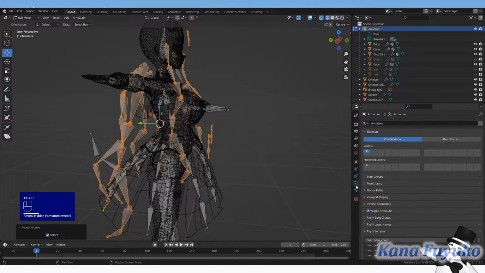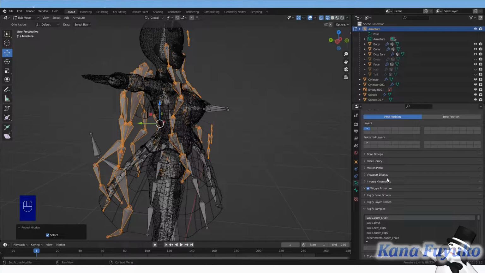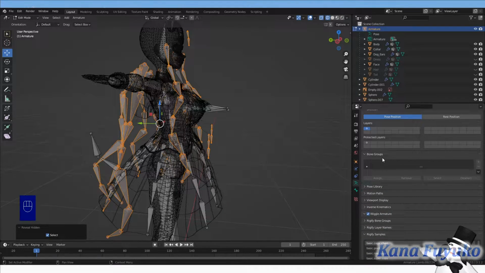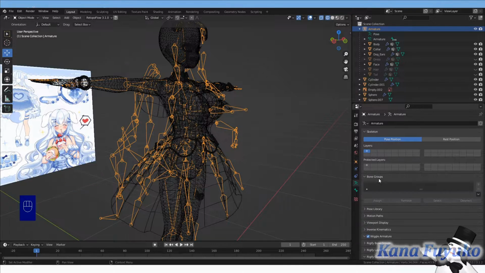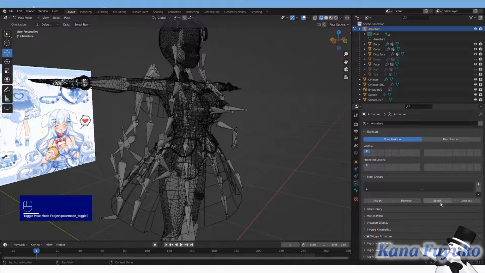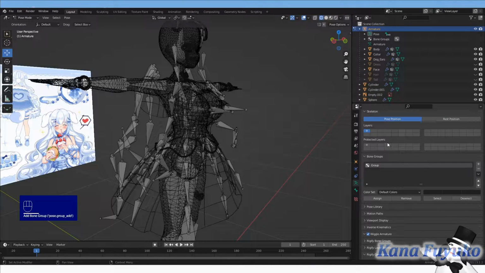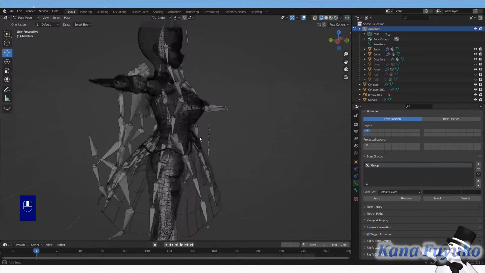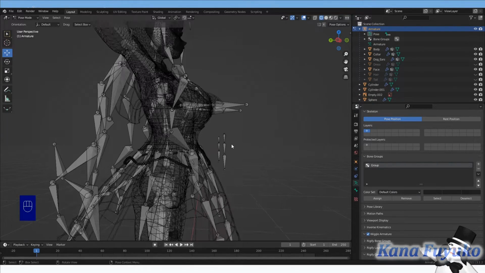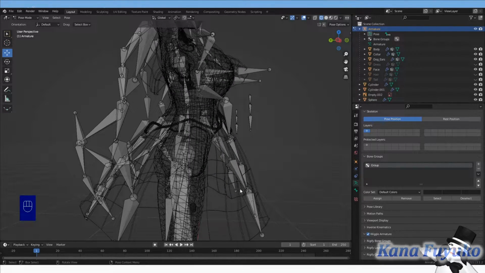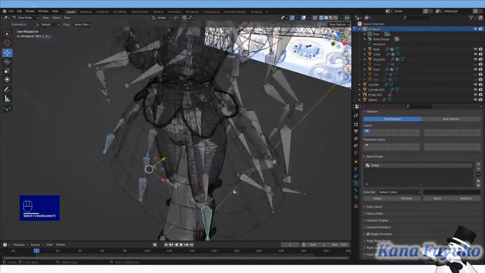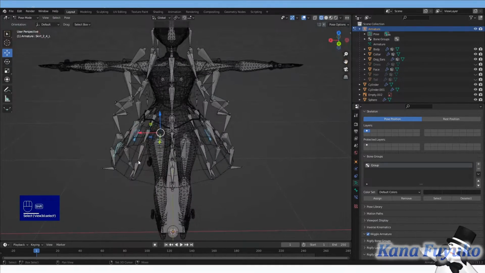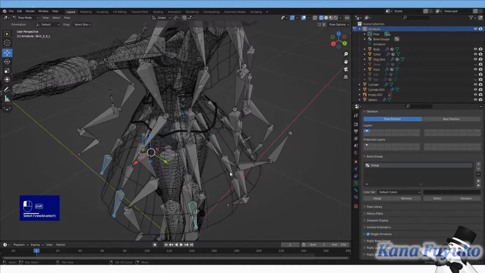You can also create bone groups, which I highly recommend. We have to go to pose mode for that, but basically these groups make selecting bones a lot easier. I just want to show this before we do the weight paint part.